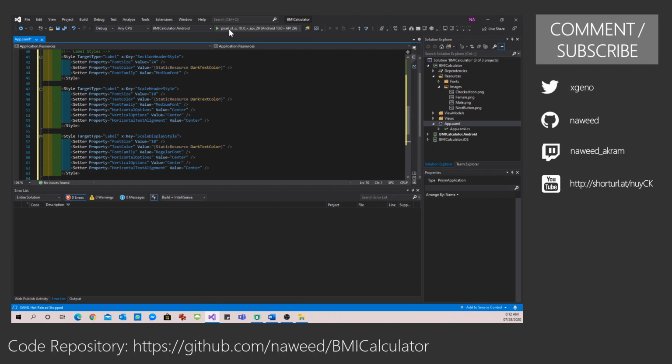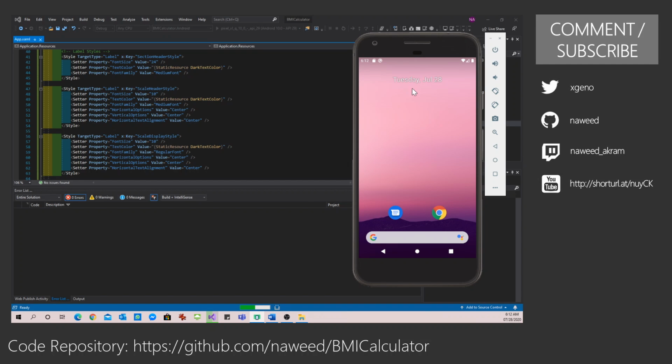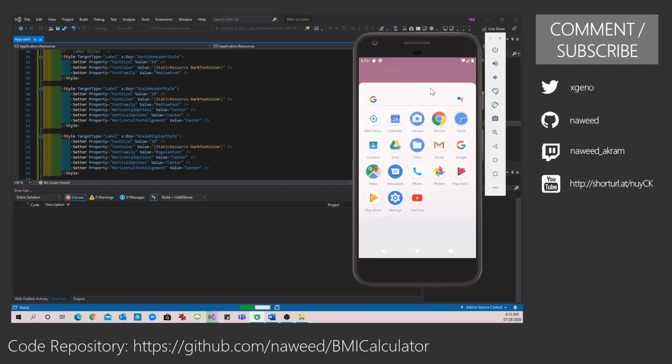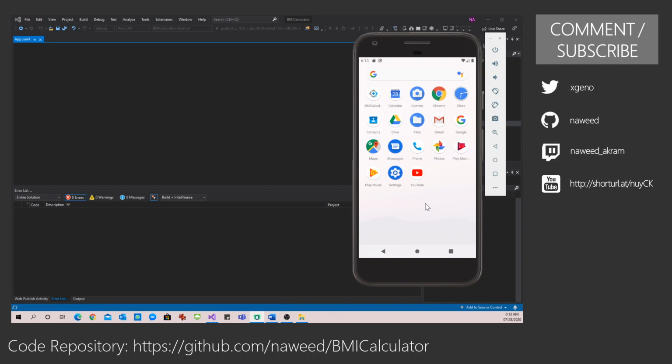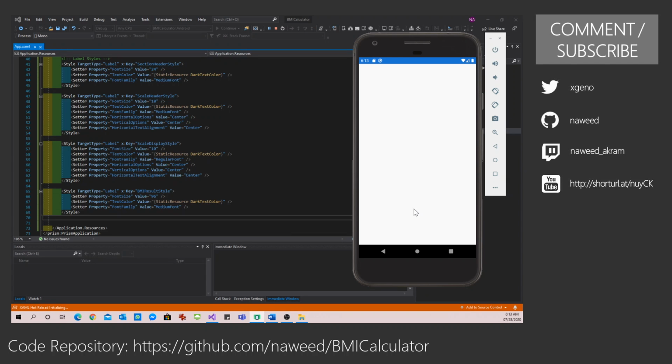So with this, now if I run the application, you will notice that our navigation bar has disappeared. Meanwhile, we are doing this, let me show you. This is the default icon that we are seeing for this Android application. This is something we will also fix. Let this load. So we have this icon, and we also have no splash screen. So we will also be adding a splash screen for our Android application.